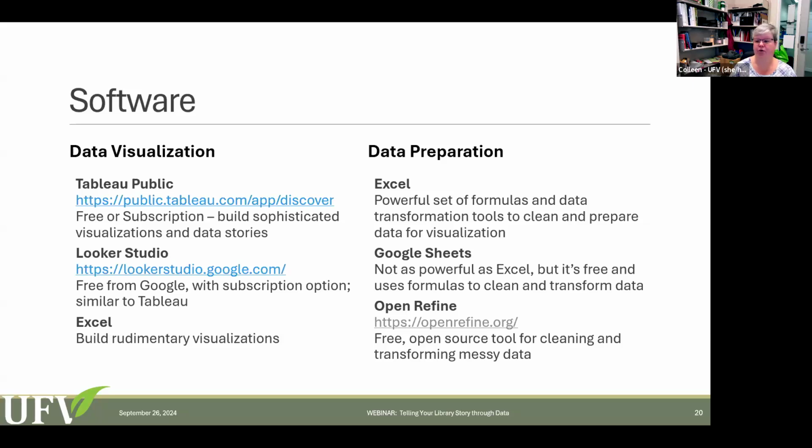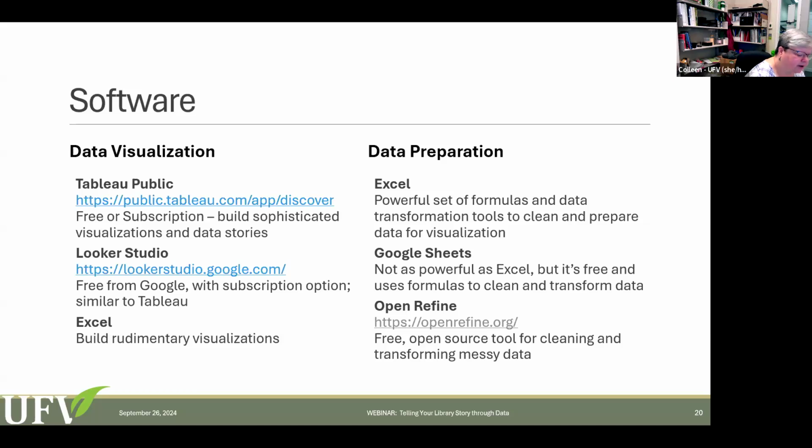It's from Google. So if you are using, say, Google Apps, like their spreadsheet and word processing and whatever, it will actually integrate directly with those files. And then Excel. Excel is not free, but it does have very powerful tools available for visualizing data, and you can even use it to create interactive dashboards. It's a little more complicated, but I'll try and remember to add to the notes before I send them off.